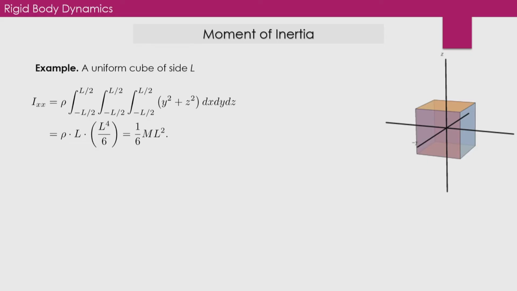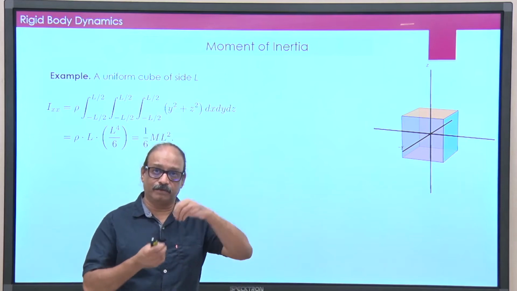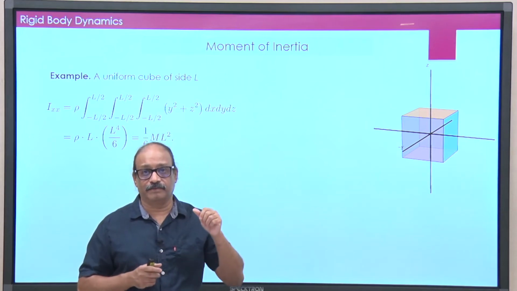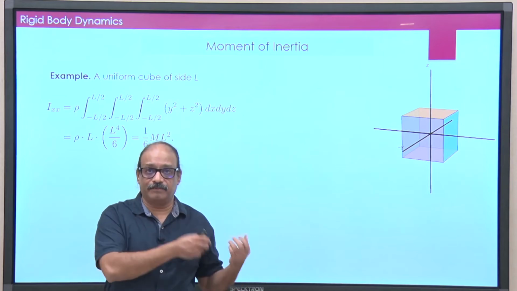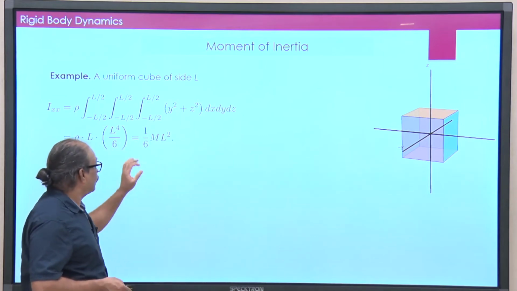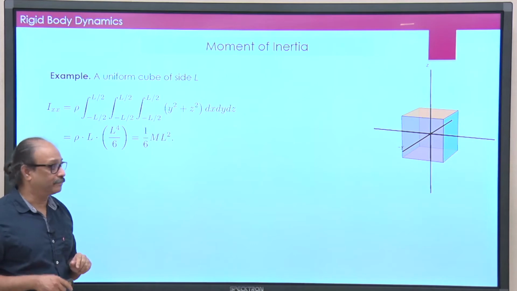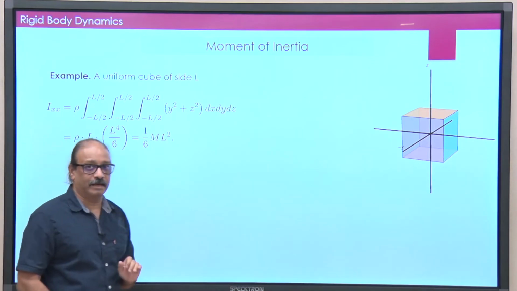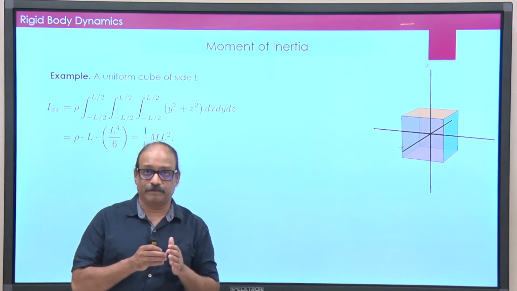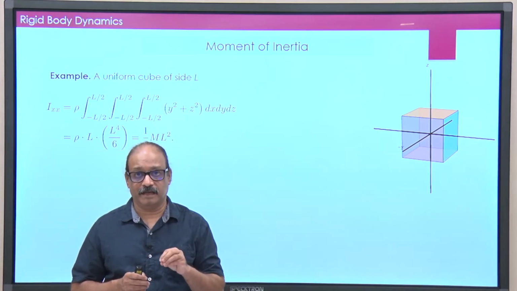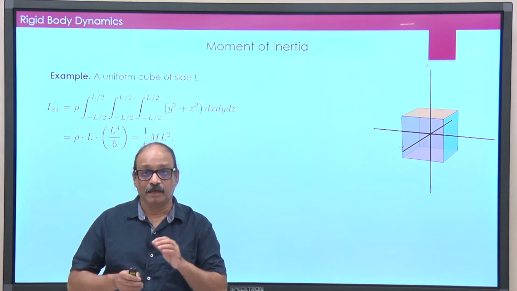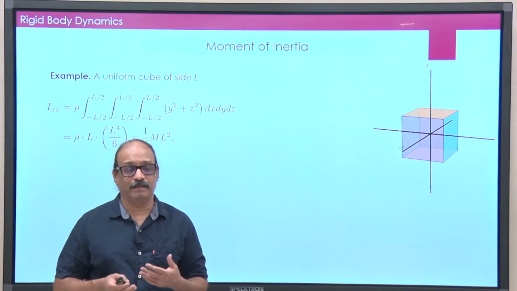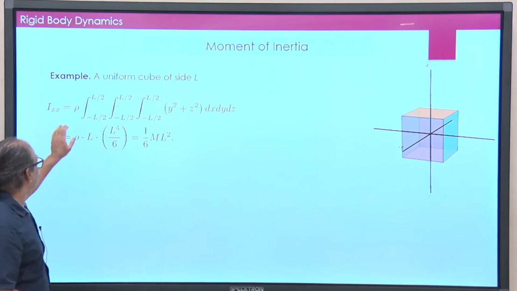I_xx. Now, remember, I need to calculate the moment of inertia tensor. In 12th standard, we simply took one axis and calculated moment of inertia about an axis, which I will define a little later, but right now I have to calculate all 9 entries of that matrix, and I have written I_xx here, and it is common to denote I_11 as I_xx, I_12 as I_xy, and so on. These notations are interchangeably used in textbooks. So, we will do the same thing here.